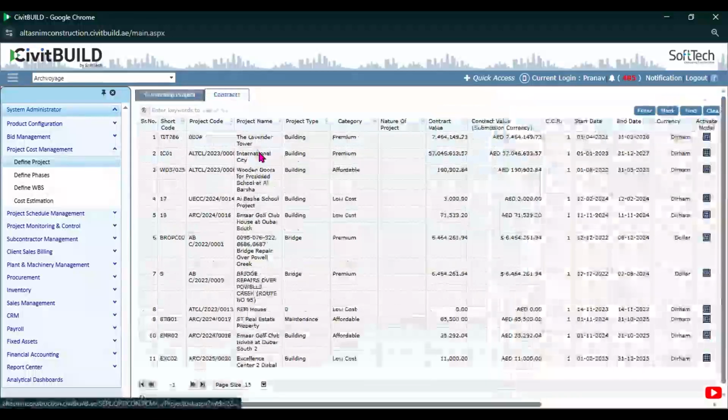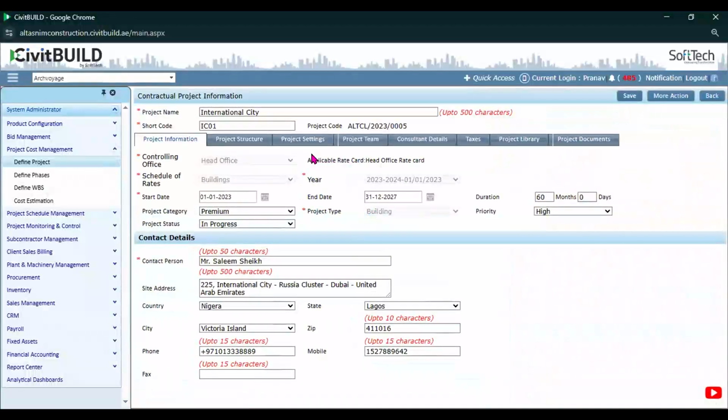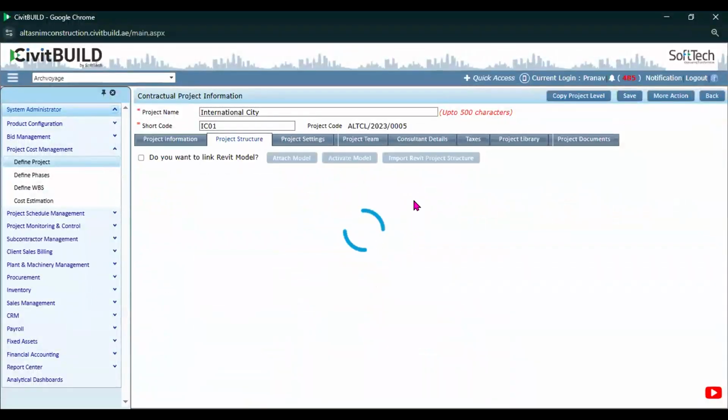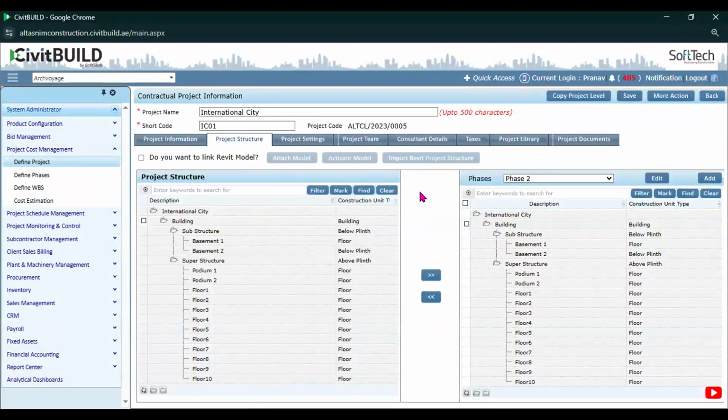In project cost management, you will be able to see the project information and can add and edit information related to the project, like the basic details, contact information, and type of project structure, defining the type, maybe a multiple villa project or a building structure, defining it right from the substructure level to the superstructure with a number of floors. Categorizing it offers better control over the execution.